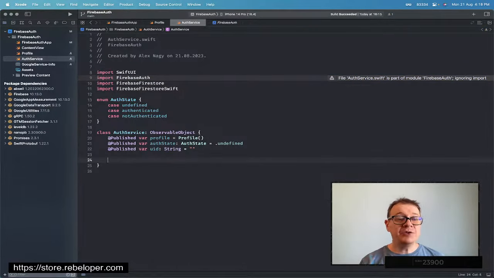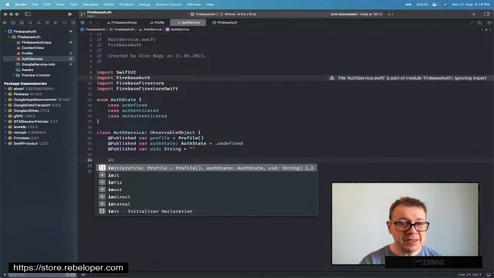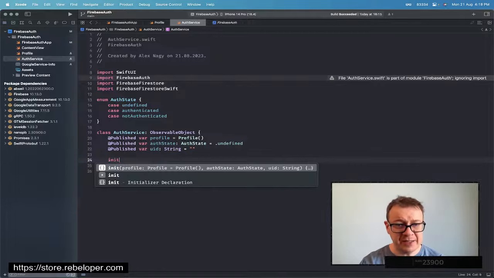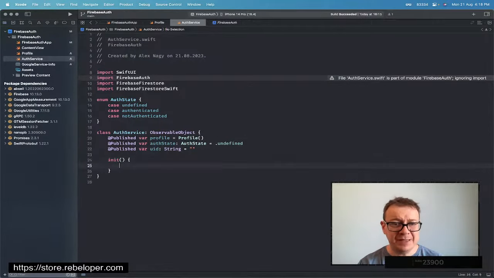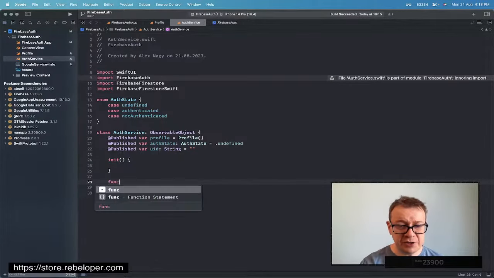So I'm going to set up a state did change listener for our authentication. Basically, it's listening to authentication changes from Firebase. I'm just going to do that in the initializer. So I'm going to create an init, and we don't need a profile, auth state, all of that. I'm just going to have this simple init,